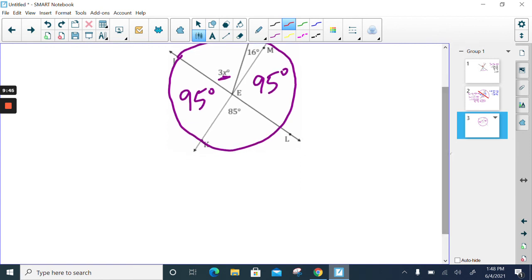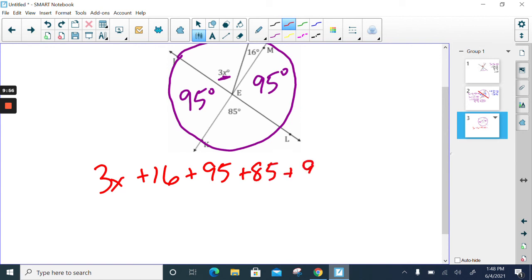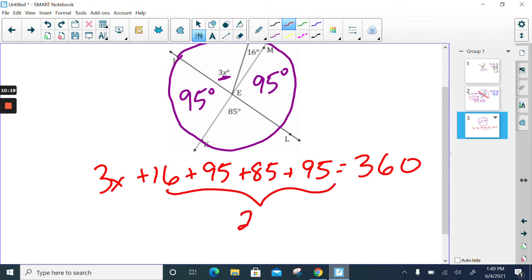This giant equation would look like 3x plus 16 plus 95 plus 85 and then plus my other 95 equals a circle, which is 360 degrees. Now, just like we had before, make sure to include all 1, 2, 3, 4, 5 angles right there, and then we solve this. Combine all these like terms, 291, still plus my 3x,